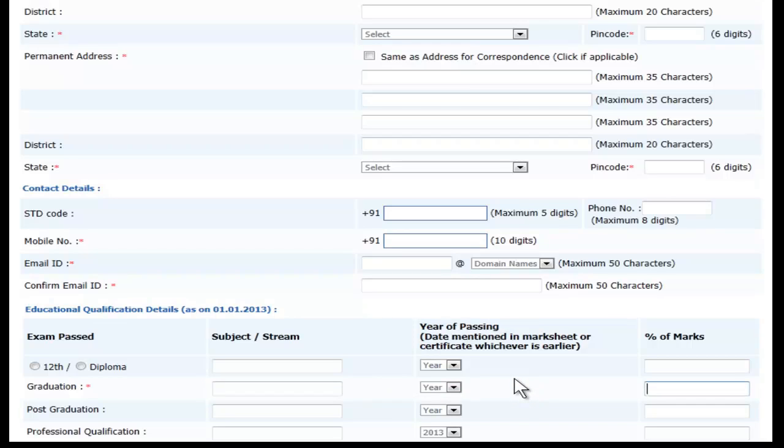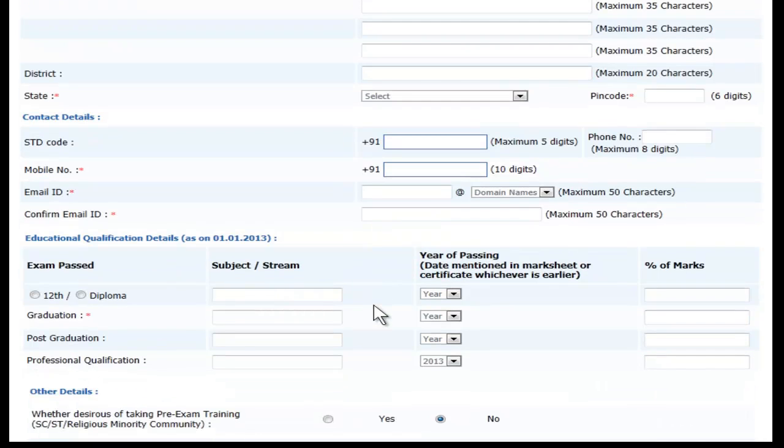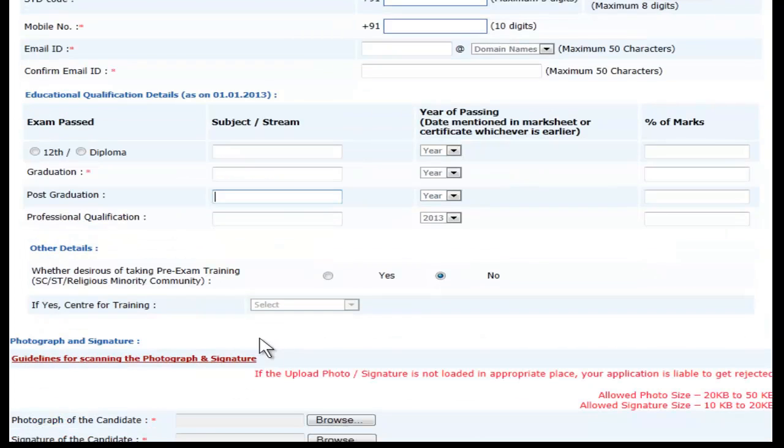Please note that people who will be appearing in the final year and who will be passing out in 2013 are not eligible because they have to be graduates by 1st of January 2013. That is, they must have passed their graduation exam before 1/1/2013. Postgraduates can apply. If somebody has passed his graduation and is now doing post-graduation, they can apply. You need to give all this information here.